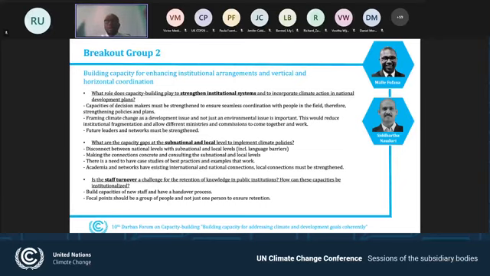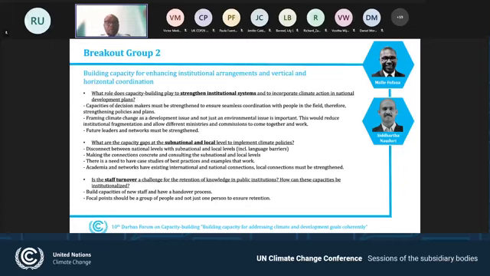So, in our working group, we have 3 main questions that we are trying to answer. One is linked to the capacity building to strengthen institutional systems and incorporate climate change action in the National Development Plan. There is one consensus that the capacity of the decision makers, mostly high-profile people, ministers, the prime minister, must be strengthened and ensure seamless coordination with people in the field, because there is some kind of disconnection between the decision maker and the technician in the field. So they would really like to see how we can support and build the capacity of the decision maker to understand what is going on in the field and how they can link it into the policy